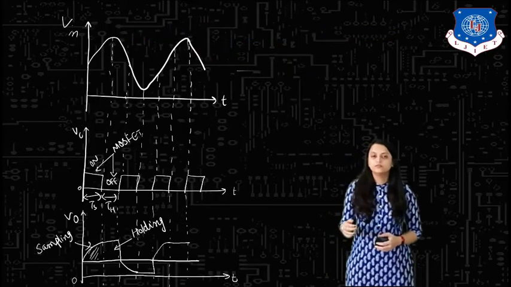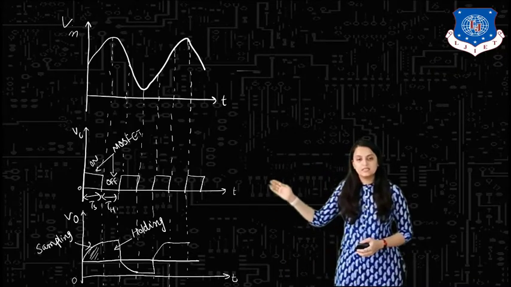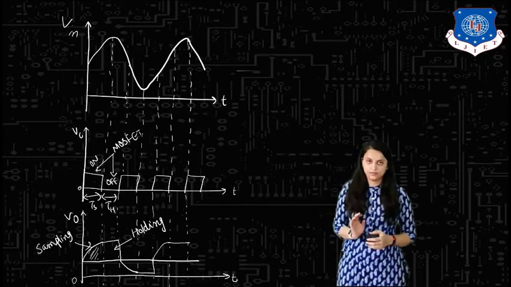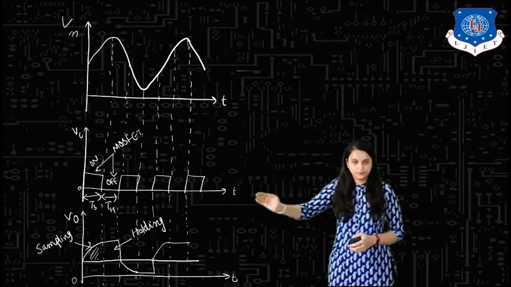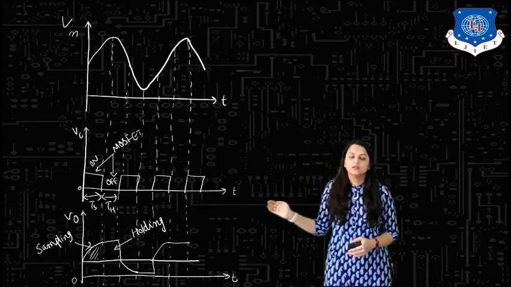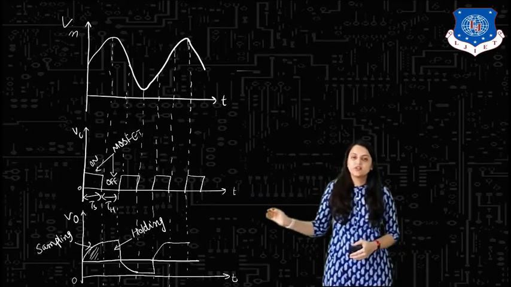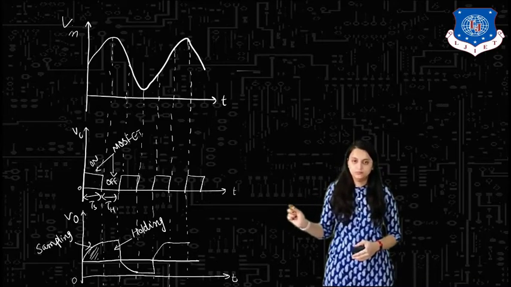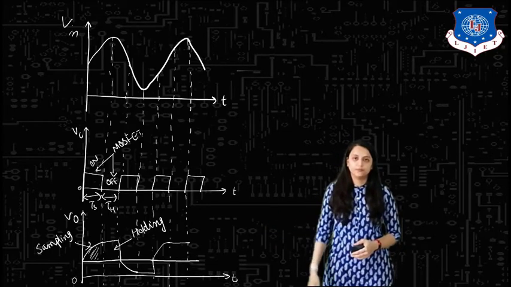Now let us see the waveforms according to the circuit diagram which we have seen earlier. Here the input waveform Vin is indicated first. Then next is the MOSFET waveform, and then the output waveform of the sample and hold circuit is indicated. Whenever the MOSFET switch is on, that is, it has a high pulse, and when it is off, it has a low pulse. That is indicated over here. Whenever the MOSFET switch is on, we take that as TS, that is the sampling time, or on time. When it is off, we take TH, that is the hold time, or off time.